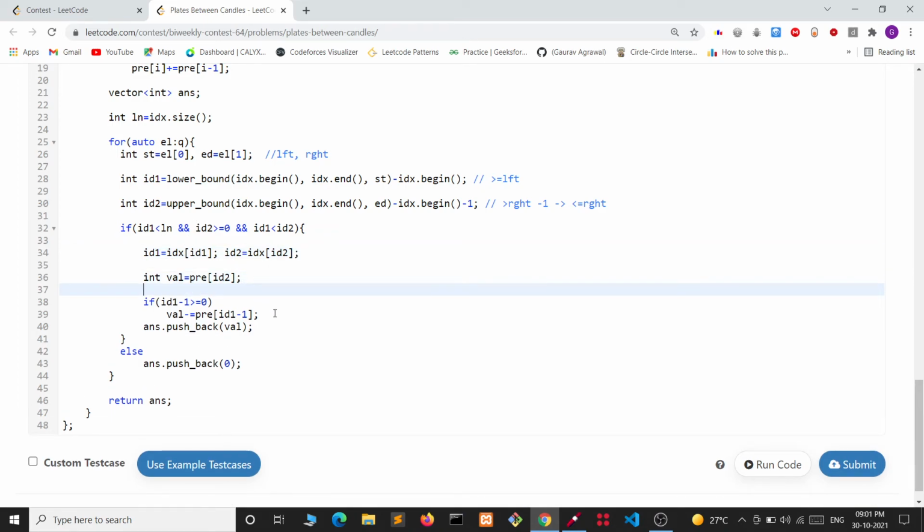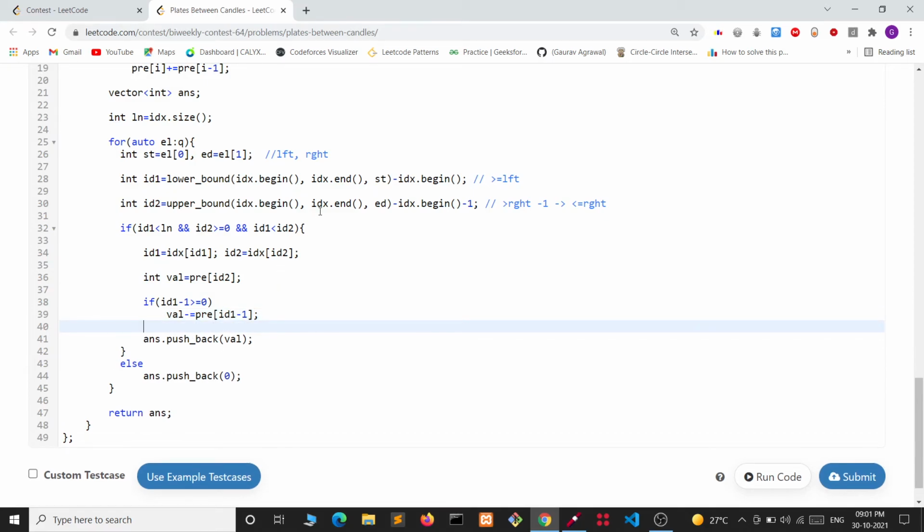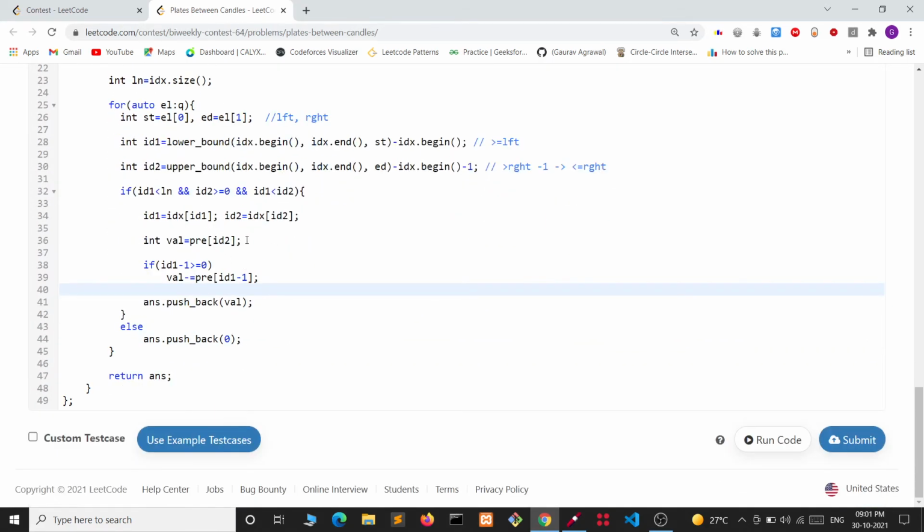After that, we are finding the answer for the current query. We are taking pre[id2], the number of plates from string index 0 to id2.